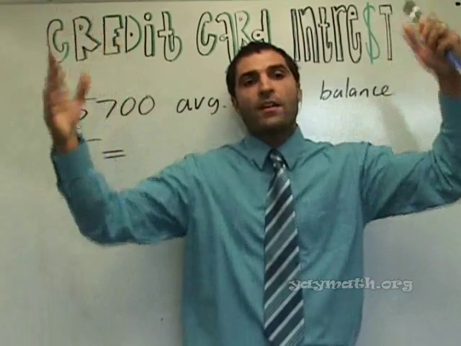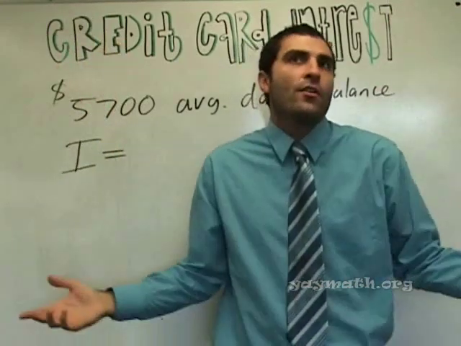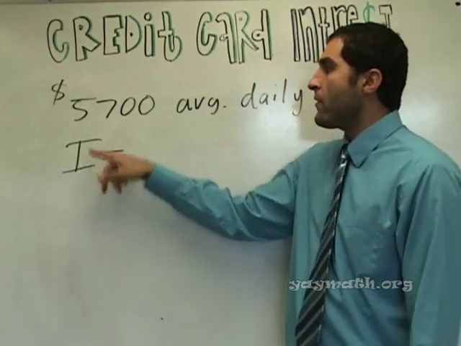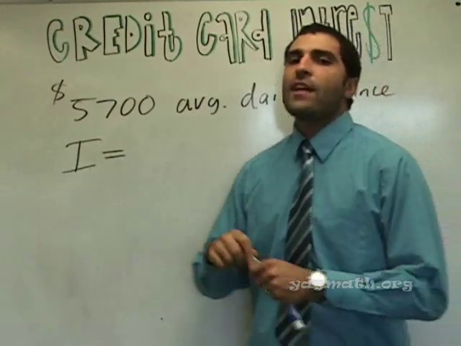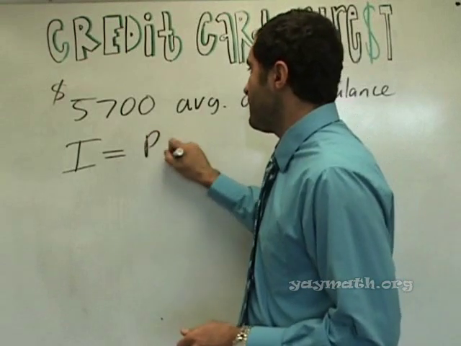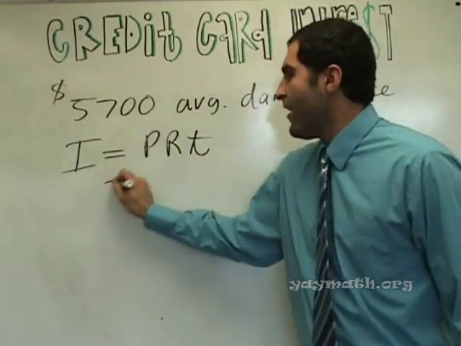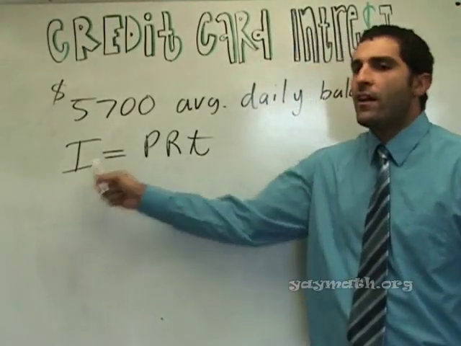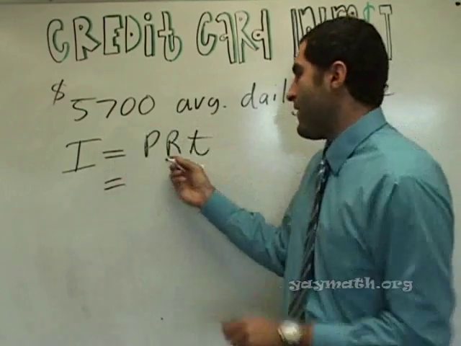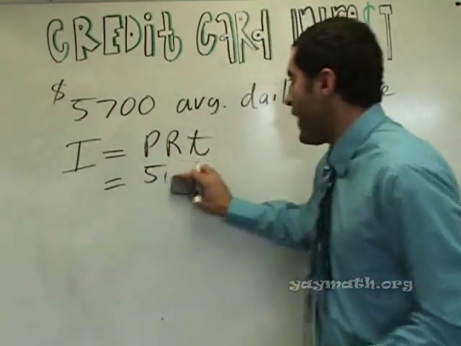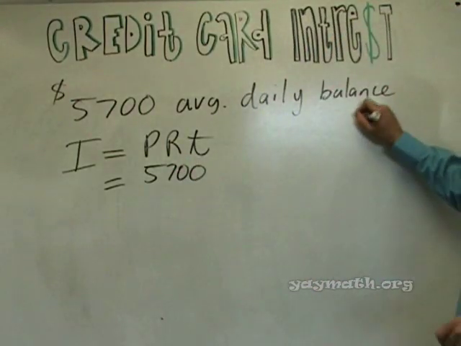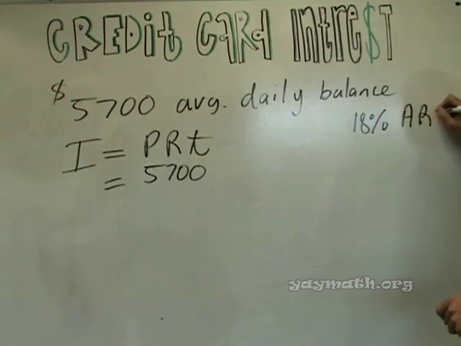If I owed so much money and then I paid you, you still owed us the whole time, is what they're saying. So we're going to charge interest on the average of the whole month, and that's 5,700. What's the formula for calculating simple interest for one payment? I equals PRT, very good. We're paying interest on a certain principal. What are we paying interest on? 5,700. Okay, now, on your paper, it talks about an 18% APR.